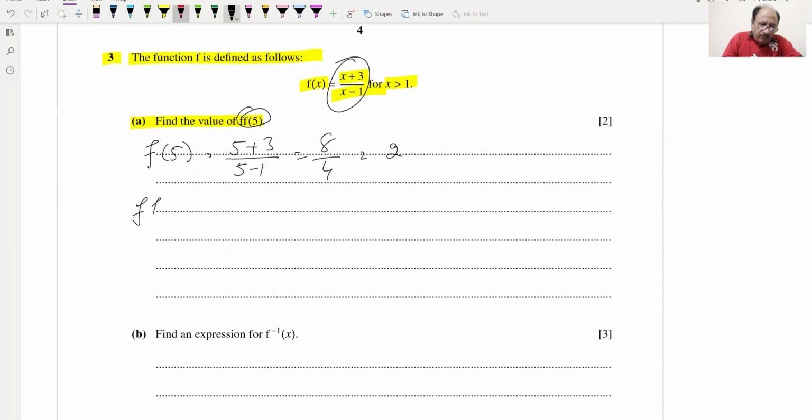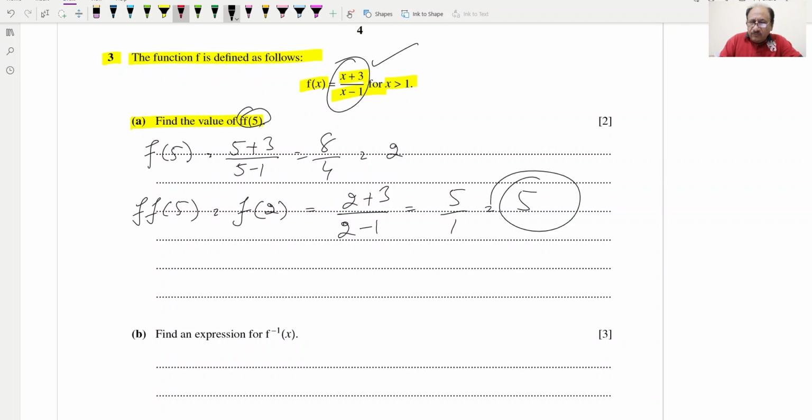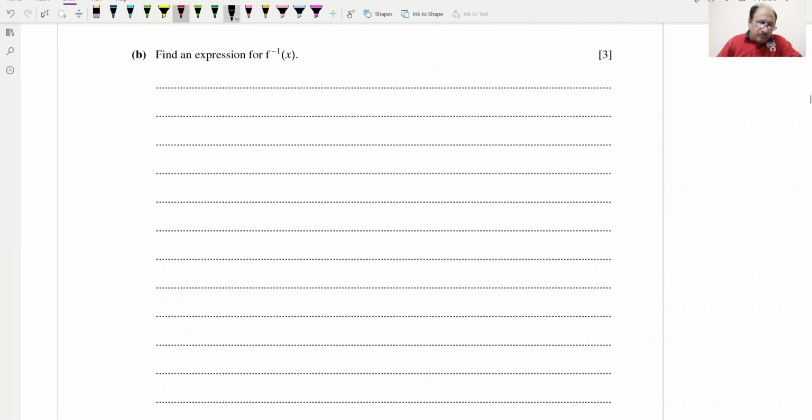So f of 5 will be given by f of 2, and this will be equal to 2 plus 3 over 2 minus 1, again replacing in this equation. This will be 5 over 1, which is equal to 5. So 5 will be our final answer for this 2 marks part. Now we can move to the B part, and B part says